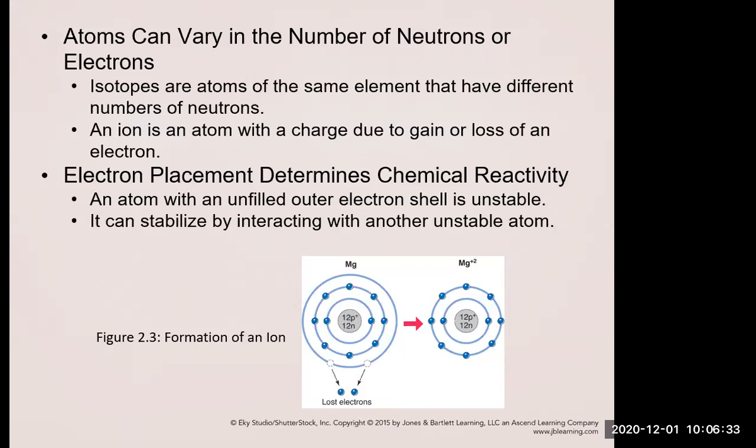So here, this figure shows magnesium losing 2 electrons. So if electrons carry a negative charge, you lose 2 of them. That means you now have 2 more positive charge difference than you did before. That's worded poorly. You have more of a positive charge because you lost some of your negative charge. So you're no longer neutral, you're carrying positive.